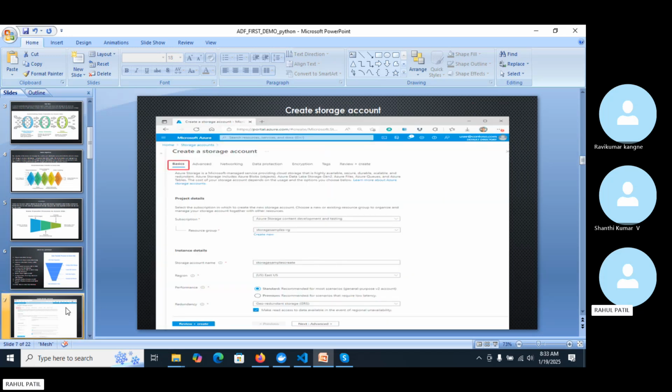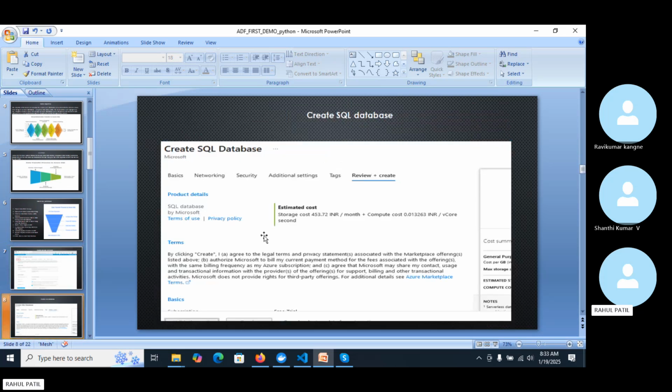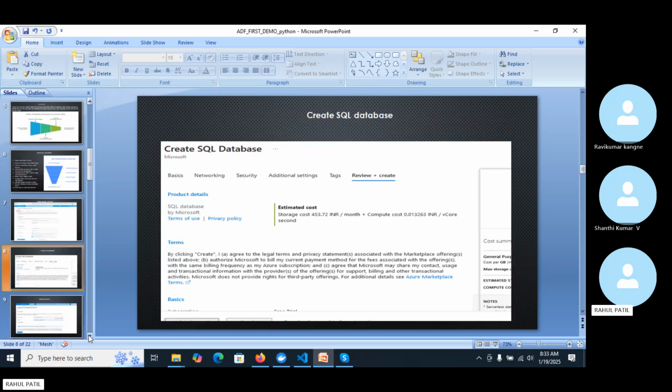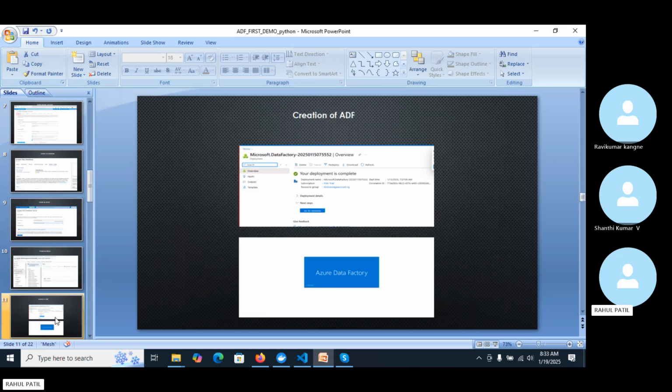So the next slide is regarding creating a storage account. These are manual steps that I have shown on the screen. This is the first step you have to perform in the manual process. We have to first create a storage account. After creating the storage account, I have to create the SQL database. So now here I create the SQL database. After creating the SQL database, I have to create the SQL server also. After creating the SQL database server, then I have to create the Azure